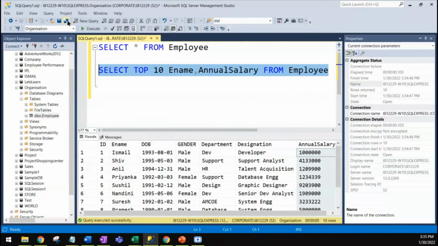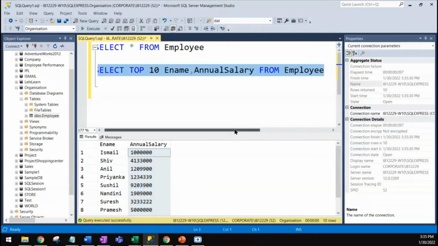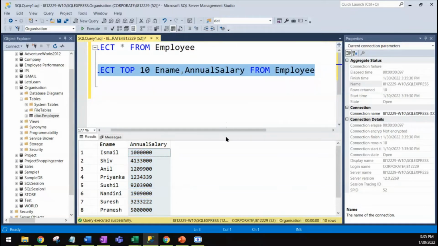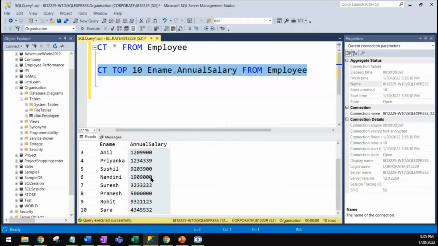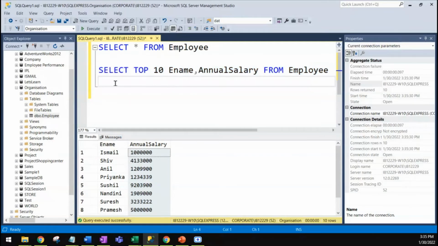And when you select and run, you will see e-name and annual salary, and it's ordered in ascending. So now let's play around again and try to sort this data so that I can pull up the maximum salary from the employee table. So we just have to add another clause here at the end, which is order by,